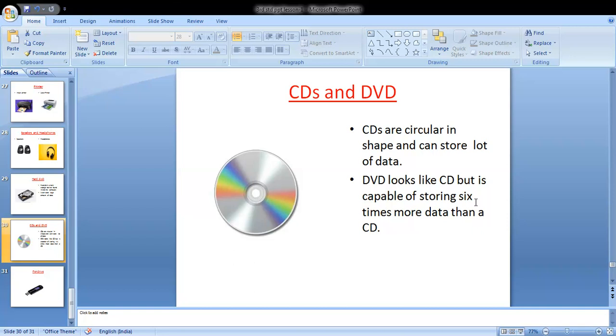Have you seen them somewhere? Game CDs are also there, your project CDs or movie CDs. Blank CDs are there, and you can store your project, songs, movies, whatever you want.